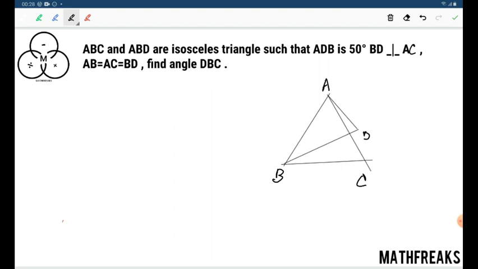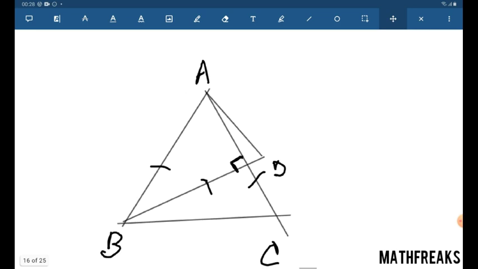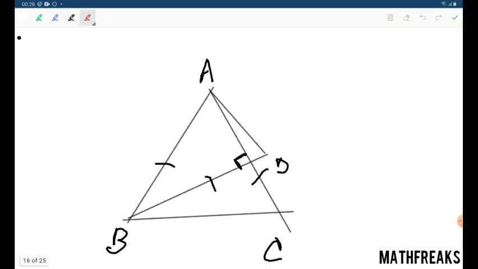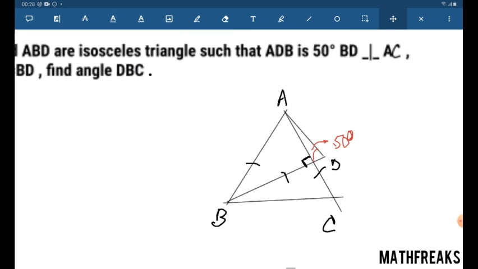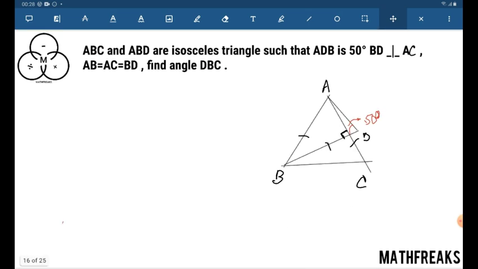ABC and ABD are isosceles triangles. All these sides are equal. Given this is perpendicular, such that angle ADB equals 50 degrees. This is 50 degrees. It's a very easy question. To find angle DBC,